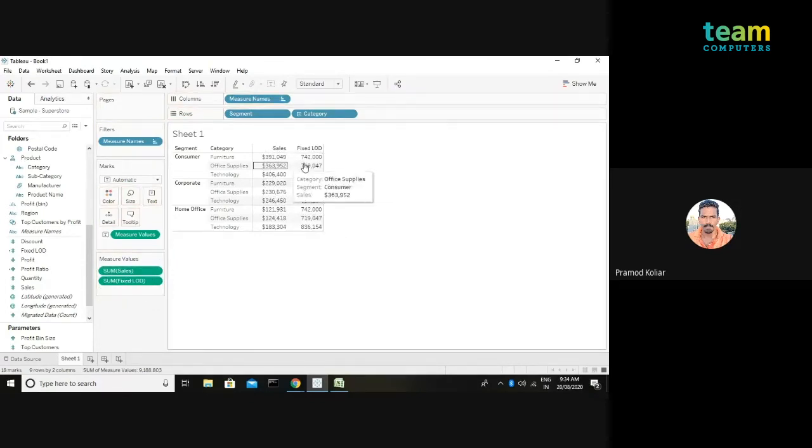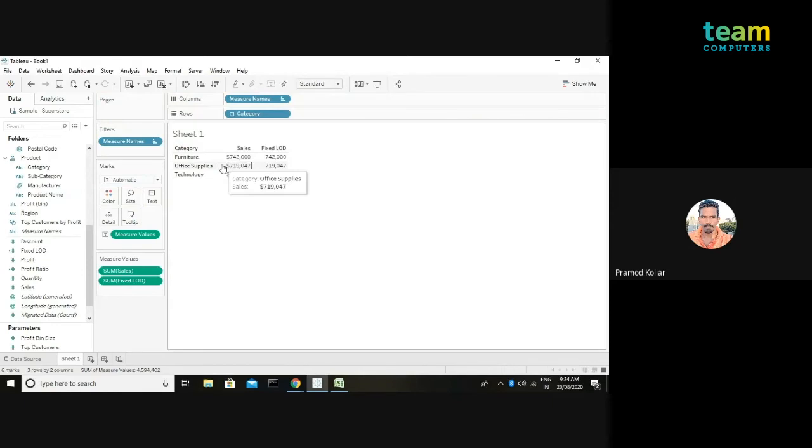Now, these two numbers are completely different because this is calculating the aggregation based on the category over here. Where is this number coming from? It's replicating for each segment, right? As soon as I remove the segment over here, you can see this is the sales figure for each category.